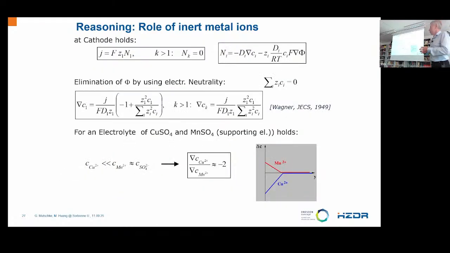And I don't want to go into very much detail. I only want you to take home that electrical neutrality acts in such a way that even for inert ions that you add to the electrolyte, there might be a concentration boundary layer developing at the electrodes. And this is indeed the case for the copper and manganese ions. As you can see, the slope of the concentration boundary layer is opposite to the one of the copper ions